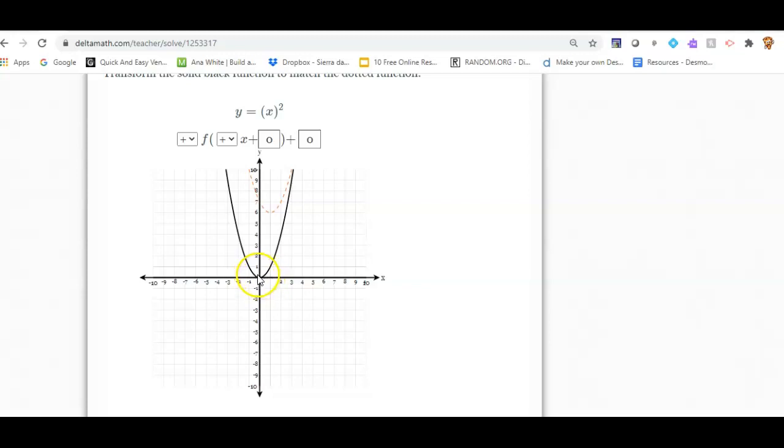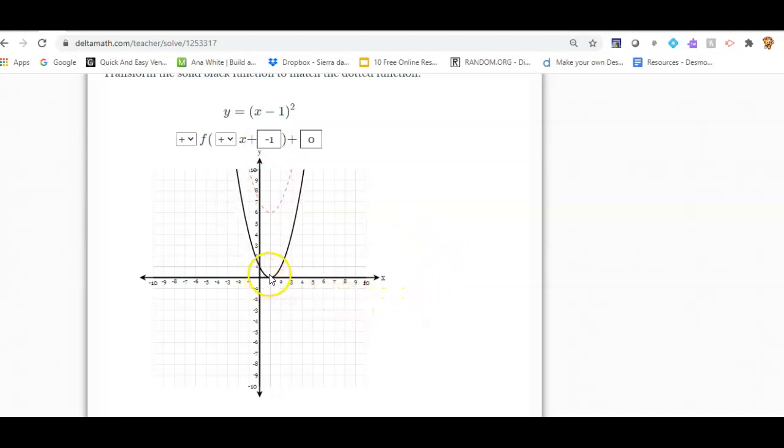So I want to look at the vertex of the black quadratic and the vertex of the dotted orange quadratic. I need to move one space to the right. Now remember, when you're doing this inside the function, inside the parentheses, you're going to do the opposite. So you would think it would make sense to say +1. So let's try that. When I just add 1, it slides to the left, which is the opposite of what I wanted. So I need to type